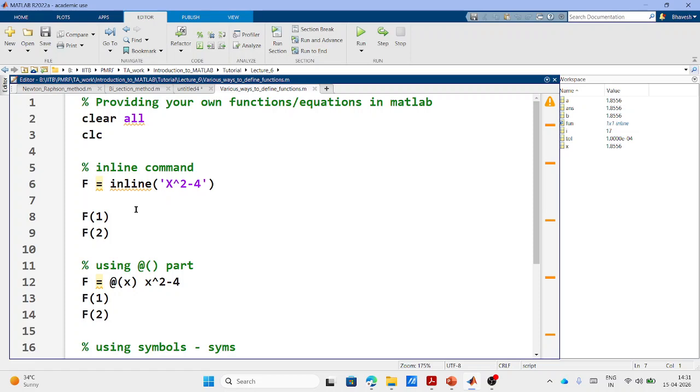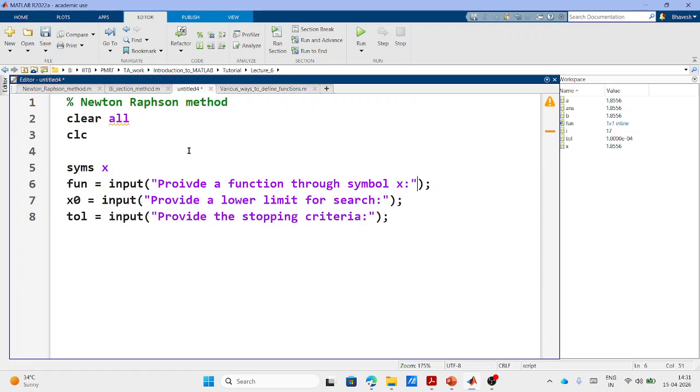So that will be a derivative at x, derivative of f at x will be f of x plus h minus f of x minus h divided by 2h, right? So that comes from your Taylor series expansion. Okay. So we don't want to right now do that. We just want to use the symbols and differentiate the function through MATLAB inbuilt command. So that's why I'm asking the user to provide a function through symbol x,